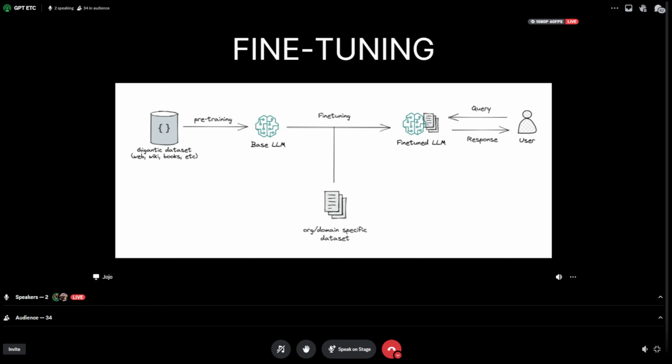Generally, what's recommended is that when you're fine-tuning an LLM, it's not a very good idea to fine-tune it for data retrieval because, as you know, these LLMs still have the bad